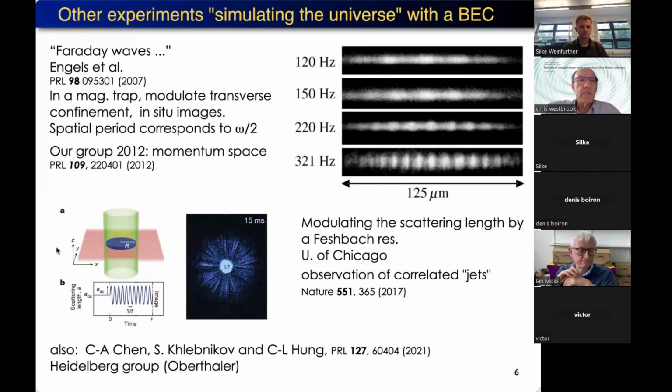They modulate a magnetic field, which causes the interactions between the atoms to be modulated, and have observed a lot of interesting effects. A very spectacular one is these correlated jets that come spitting out of these modulated condensates, very much like these essentially back-to-back